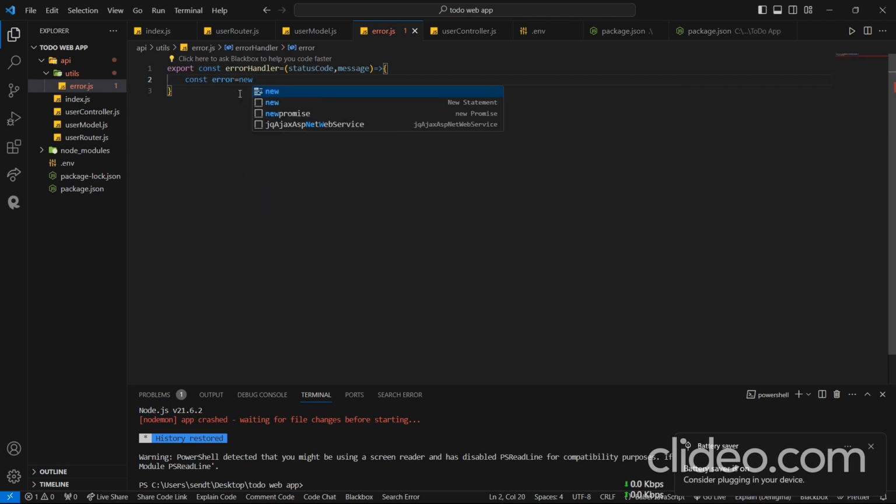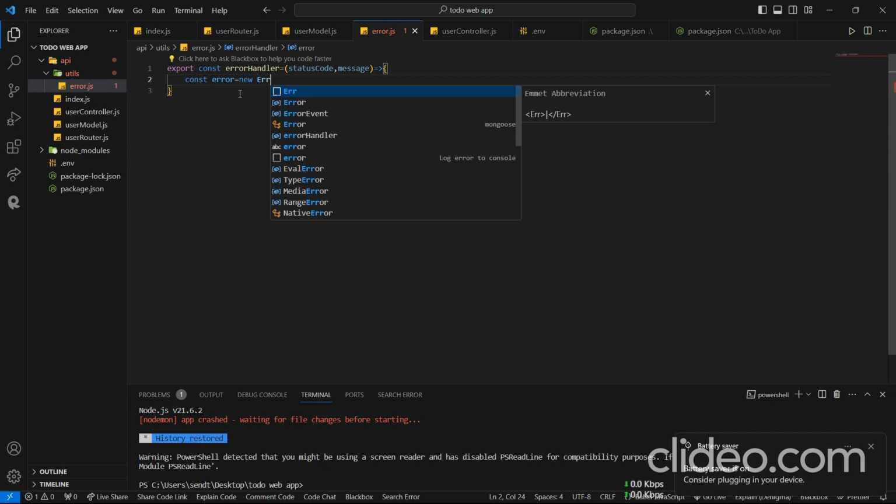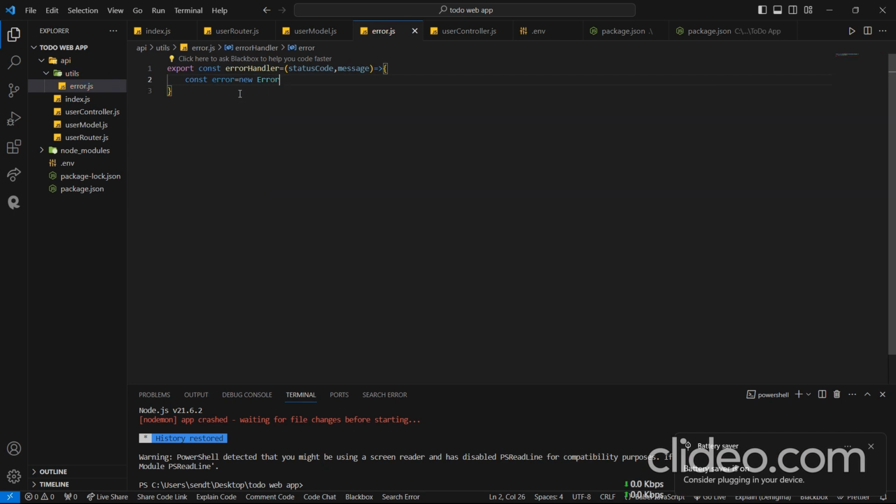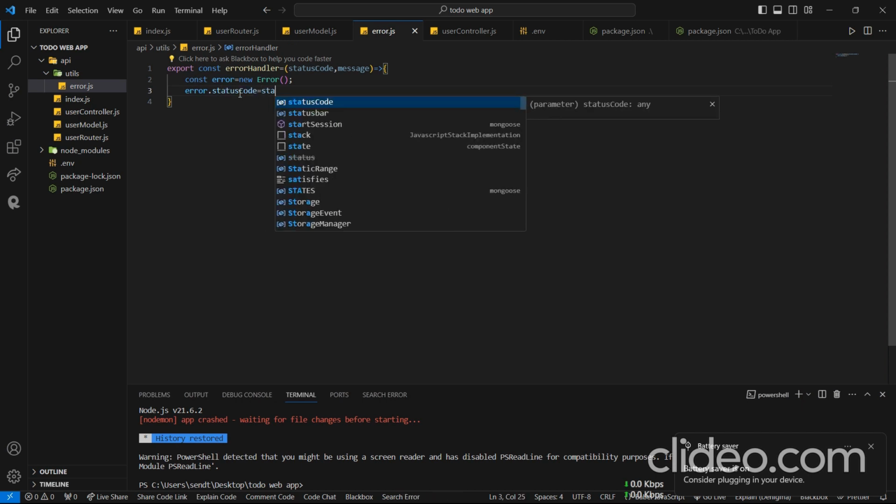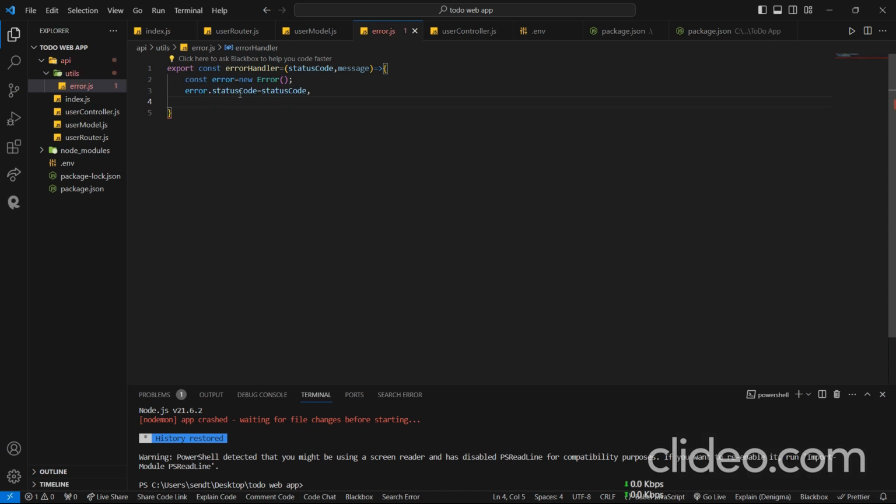Error dot status code equal to status code, and it also have a message, error dot message equal to message, and we will return our error. Okay,